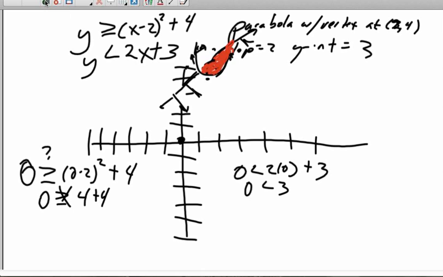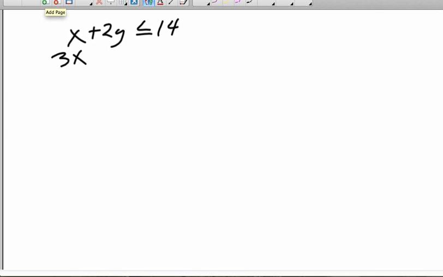Let's do another one. x plus 2y is less than or equal to 14. 3x minus y is greater than or equal to 0. And x minus y is greater than or equal to 2. Now the first thing you notice is these are all lines in standard form. So the best thing to do is to graph